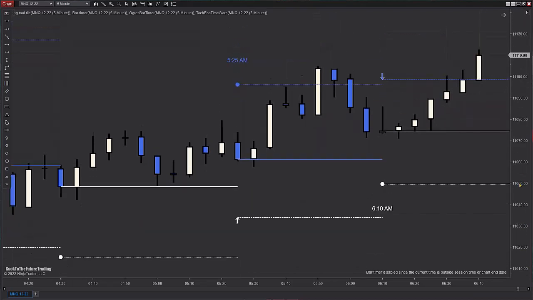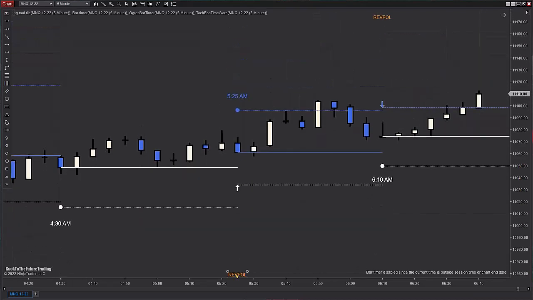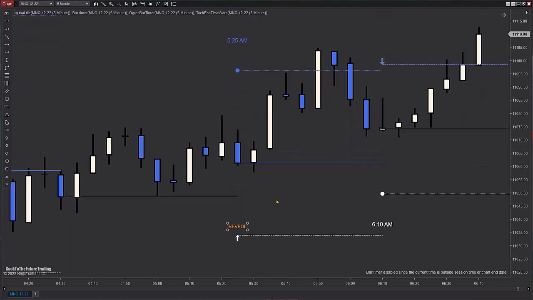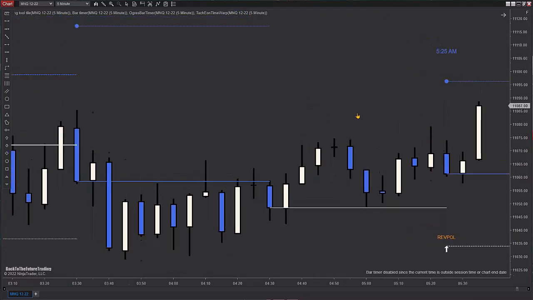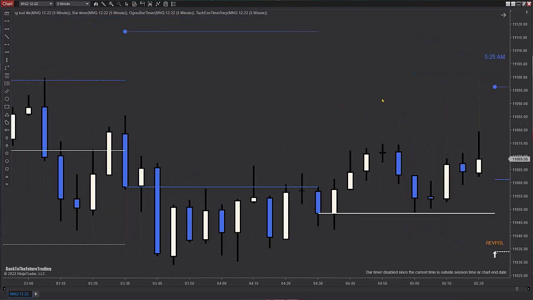Here, wait, let me grab this. We can really zoom in here. Okay, so we're coming up on 5:25 a.m. East Coast, and we don't see any of this yet, right? But we know that there's a blue dot at 5:25. That's already there. I'm not surprised, but I want to wait.